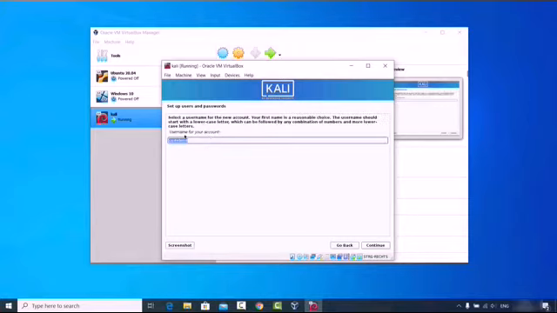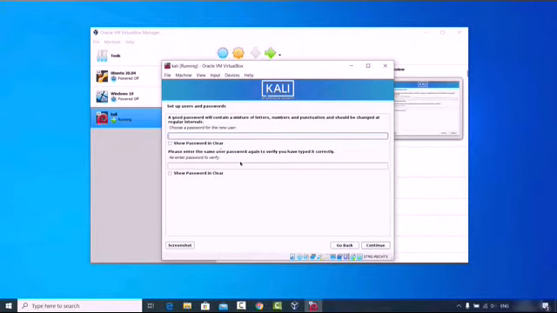Now the username by default will be whatever you have given in the previous window. I will leave it as default, which is Codebind in my case. If you want to change the username of your account, you can change it from here also. Now click on continue. Here you can set any password which you will use at the time of login to your Kali Linux. I'm going to choose a simple password for now and then verify this password. You just need to remember this password and use it at the time of login, right? And then click on continue.